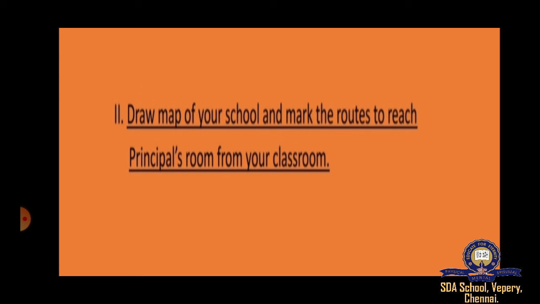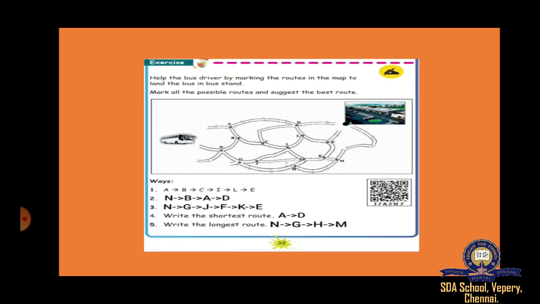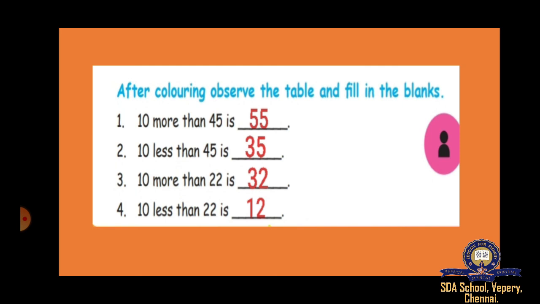I have drawn one just like a picture and sent it to you on WhatsApp. Just look at it and draw a route neatly. This also will come in the exam. See, this is another type of map, in which we see the bus route. Here we have to suggest from which place to which place the bus will go. This also I have explained in the last class. And the final thing which we will learn is the skip counting process.